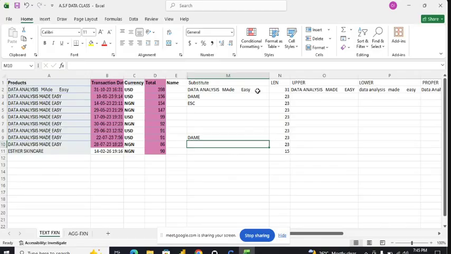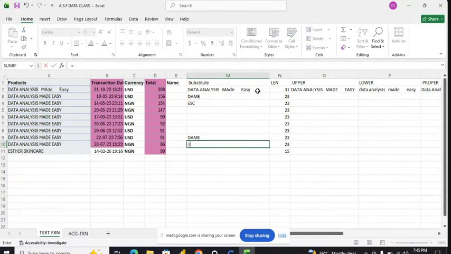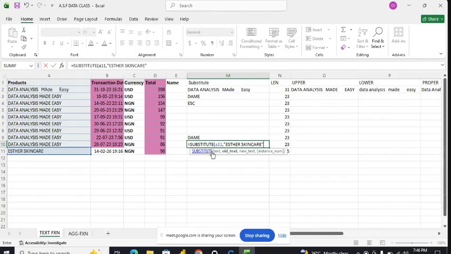Did you get it now? Yes. Okay. So the same thing is applicable to, let's find for Esther skincare. You type in your equal sign, your substitute, open a bracket, your cell A11, which is where the product you want to substitute the name is. Open your quotation mark, you type in your Esther, space, only one space, skincare,